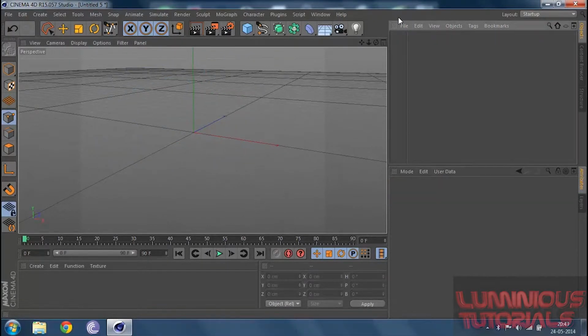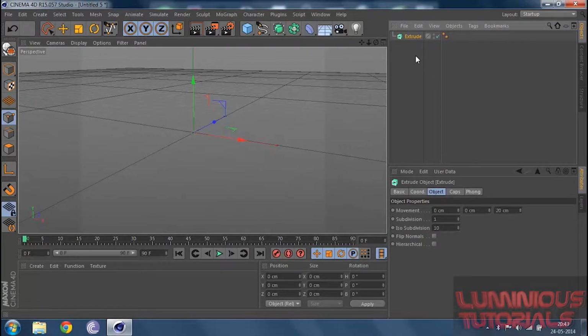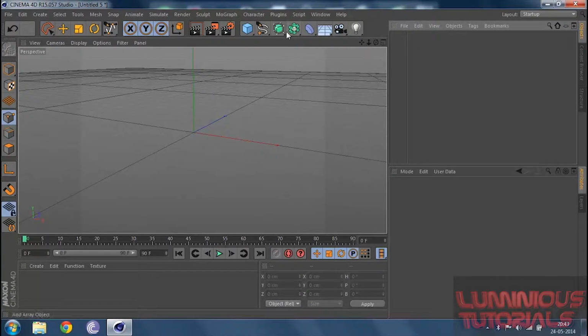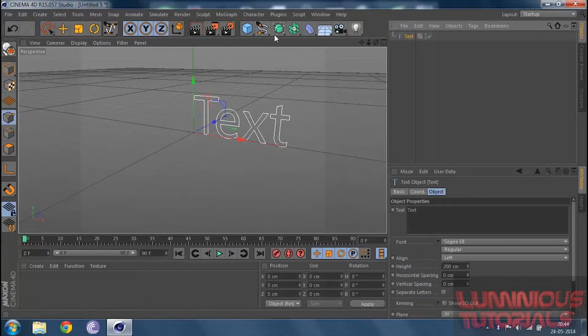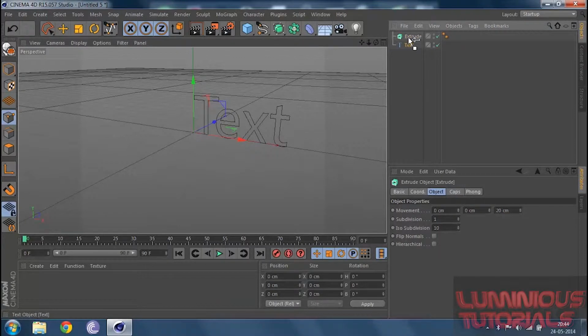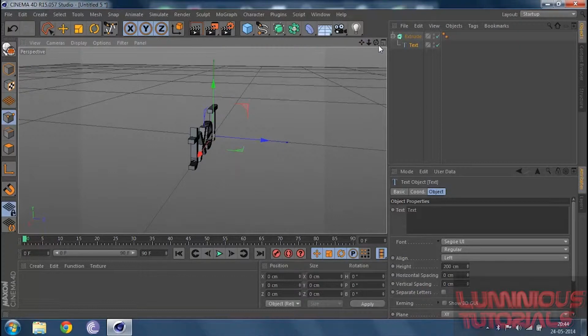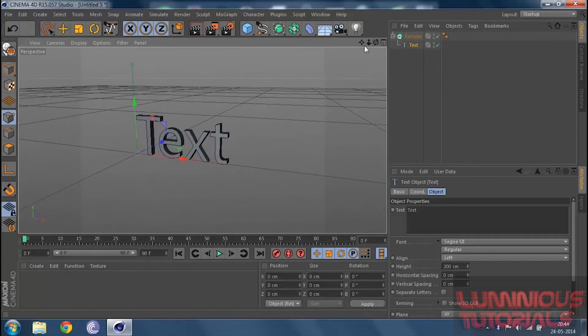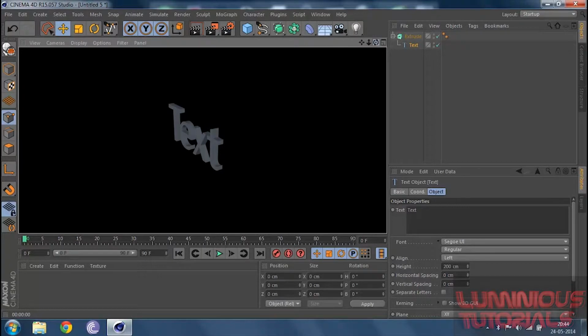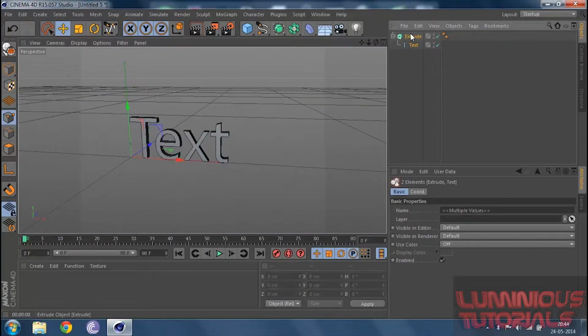See, all this is under something called the spline tools. So let's go ahead and delete everything. Next, you've got something called the generators. Now these generators need something to work on. I mean, they need an object on which they can work. For example, if I just add an extrude, nothing happens. So what I have to do is add in something like a text. Then I add an extrude and I get text in the extrude. So you see, it makes some geometry for me. Basically, my text has become 3D now. Let me give a render view, Control R. See how my text looks. Interesting, right? Let's go ahead and delete this.